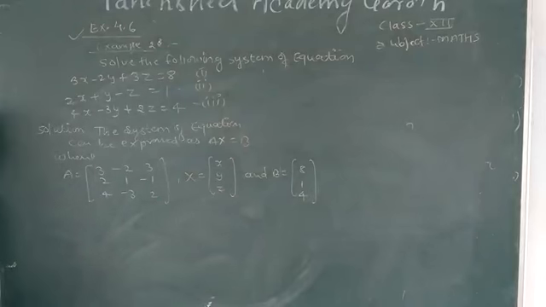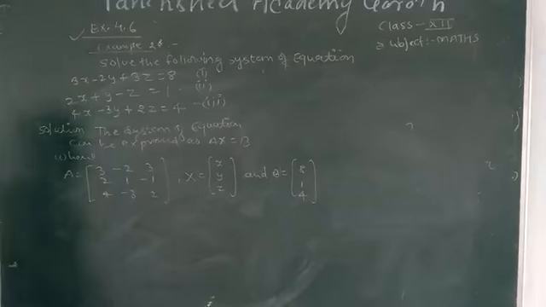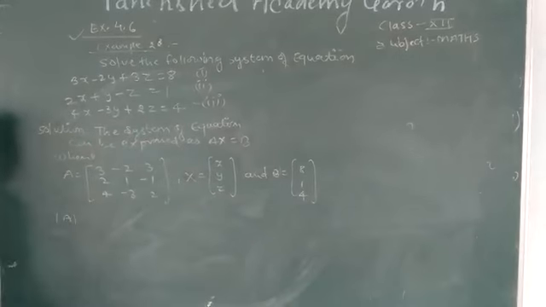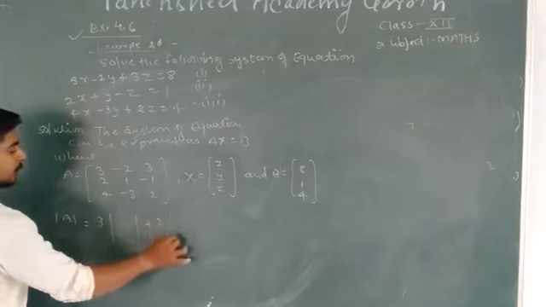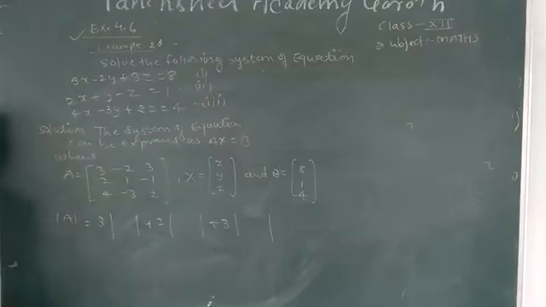Since as we know that first we will find that A is not singular or not, or the inverse of A is exist or not. So for the inverse, for existence of A inverse, we will find the mod A, that is 3 minus plus 2 and plus 3. We will expand the determinant of